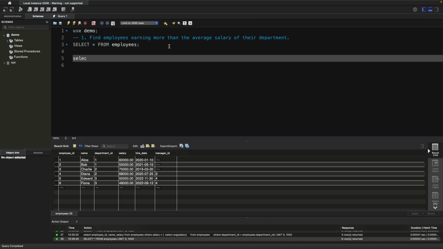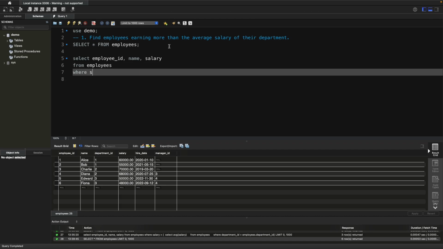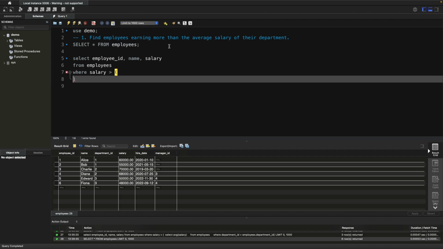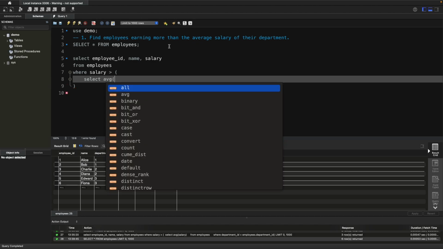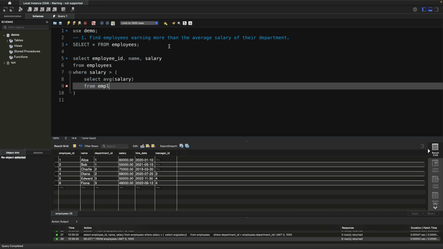The very first thing I will do is select employee ID, name and salary from employees where salary is greater than, I will start a parenthesis and write a select statement, select AVG, which will help me in finding the average salary from employees